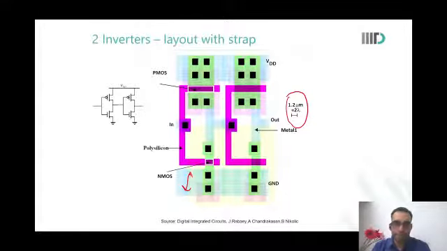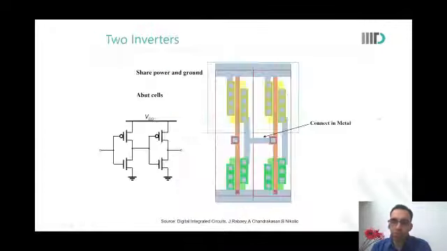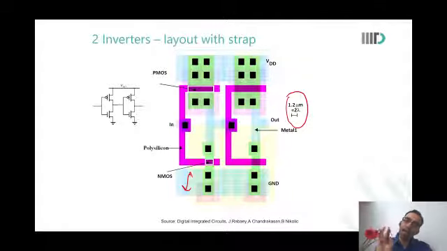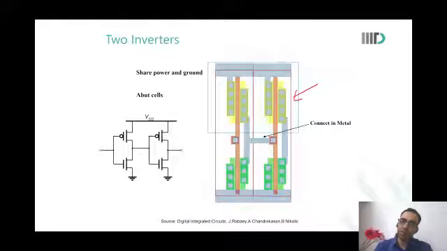Why have we moved the poly to the left side? It was in the middle previously. I'm sorry? That polysilicon was in the middle, the red color in the previous slide. Now it moves to the left side. Is there any specific reason? No specific reason. This is the kind of layout you will use today. This is just how it was used. It could have been done and was probably done earlier. Today you will see that poly will only be vertical. You will not even be allowed to route poly in two directions. So this is the layout you will end up using anyways.